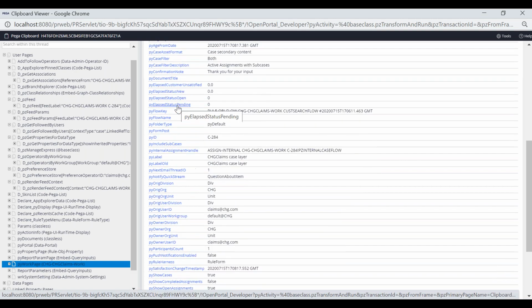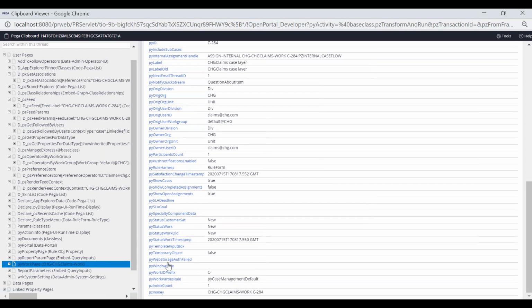Okay. There are also pz properties. pz properties we also cannot edit, and we will not be using them even for read-only. We will not be using them for processing either. So all the pz properties are completely for system use. We will not be using them anywhere, and we cannot edit them. So read is not possible, write is not possible.